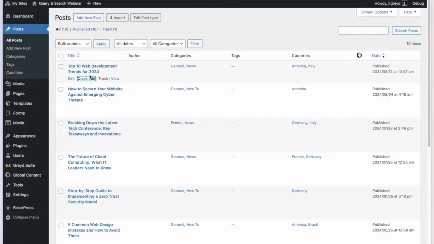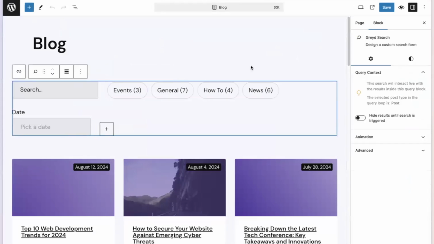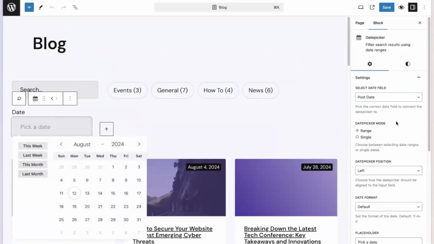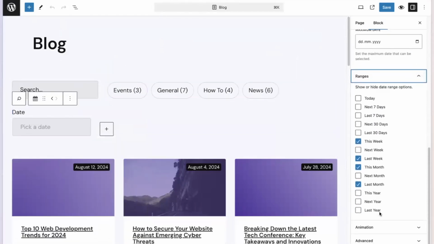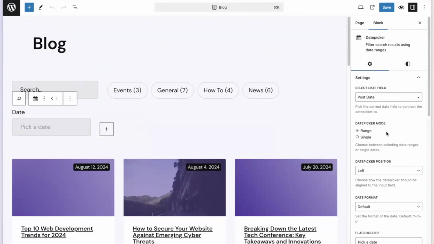So what you can use from that is, for example, a meta field. You can include a meta field of the type date and say, okay, the actual event date is in December, like in my example. And then you can let your user filter by the event date, which can be in the future. And this is the reason why we included, for example, let me go into the setup here, ranges like next 7 days, next 30 days, last 30 days. You can actually select what type of information your user filters about.